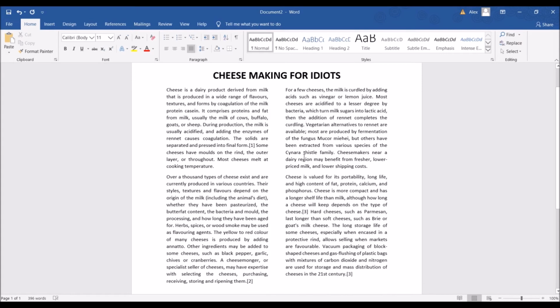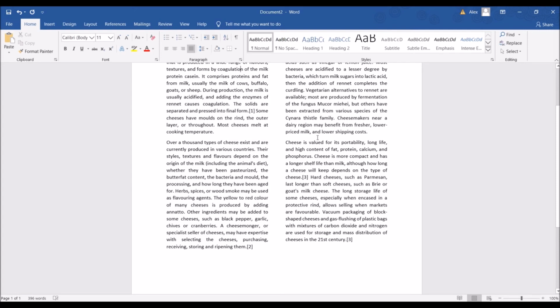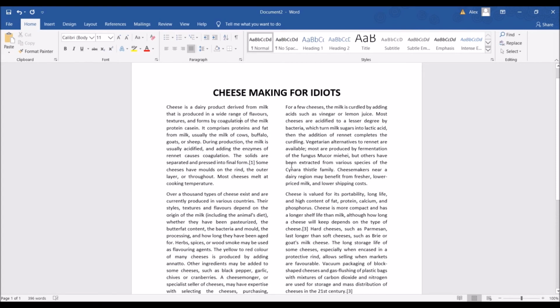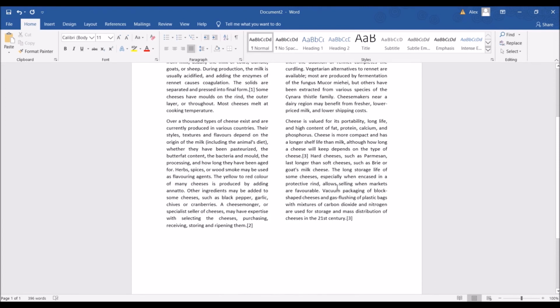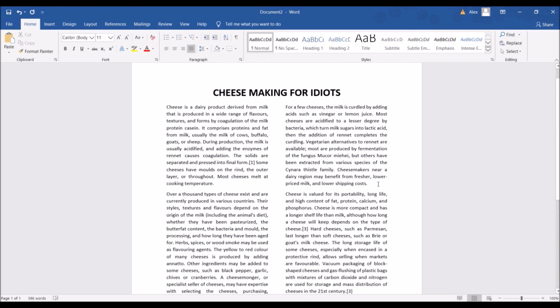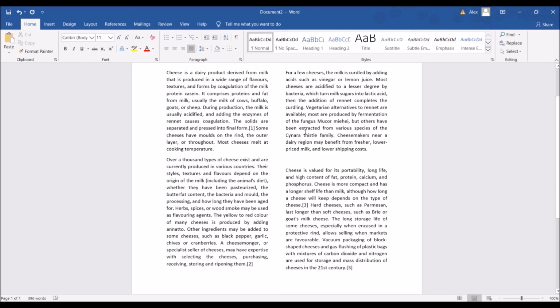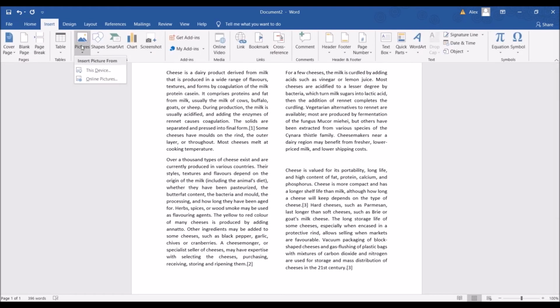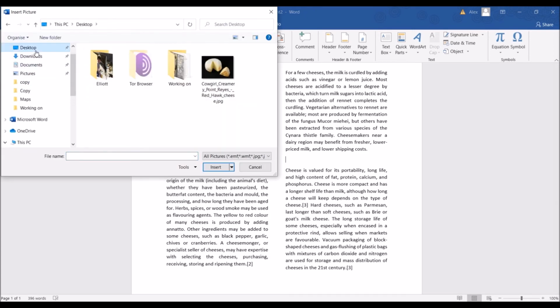Okay, so now we have a title and we have our text formatted and spell checked and in a much more visually appealing format. Let's go and add a picture in. I'm going to put this in between these 2 paragraphs here. So I've made a little space and pressed enter. If you go to insert at the top and pictures, picture from this device,